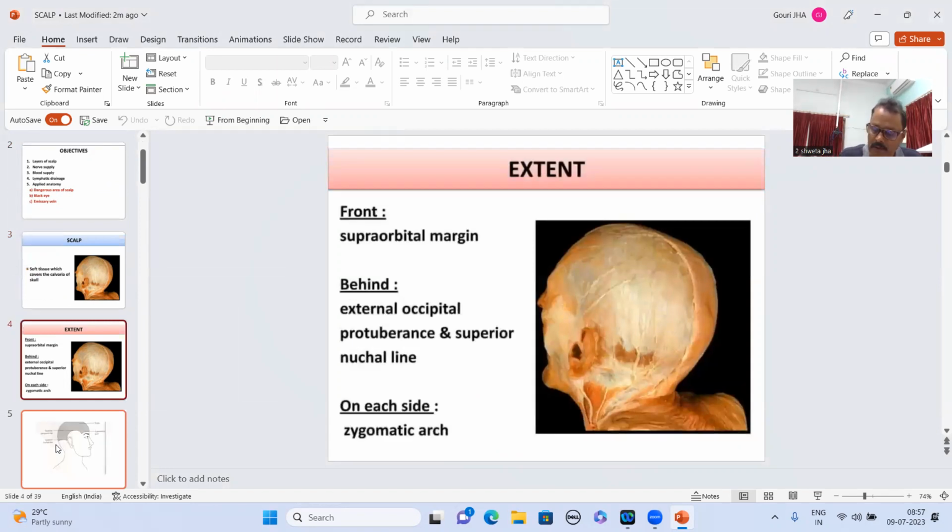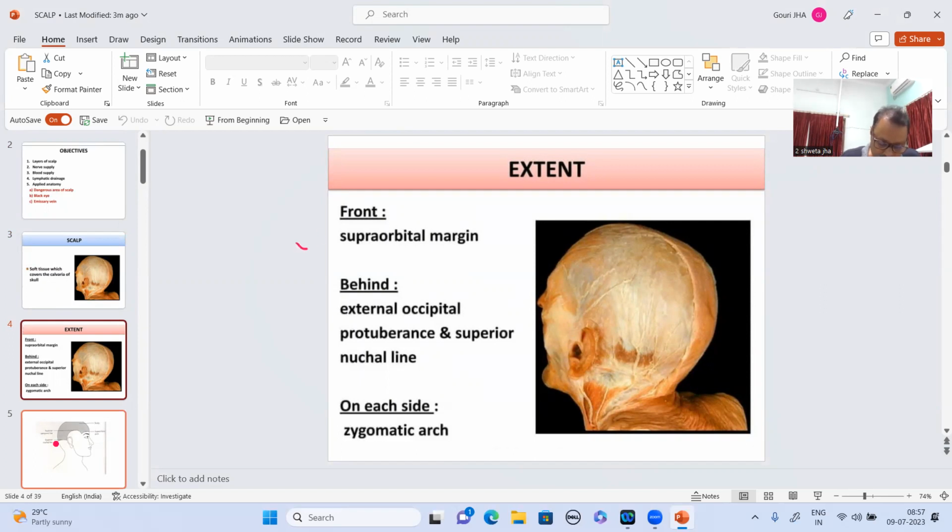The soft tissue which covers the skull region is known as the scalp. To know up to which extent this soft tissue covers the skull, only after knowing that will we know what region of the skull is considered under the heading of the scalp. Now it extends from the